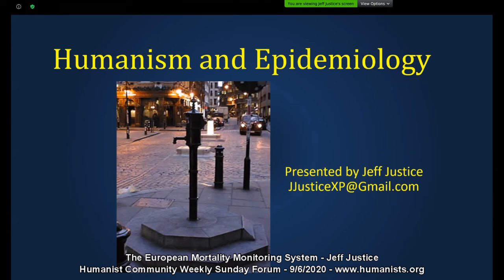I hope most of you recognize this picture. It's a monument to epidemiology in the middle of London. It's the Broad Street Pump, and it marks one of epidemiology's early successes. In 1854, there was, by the way,